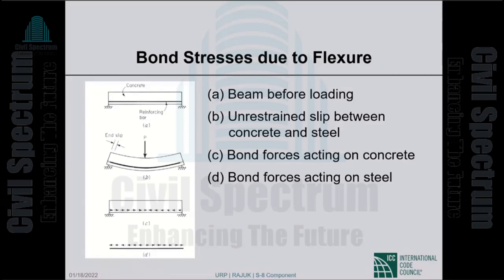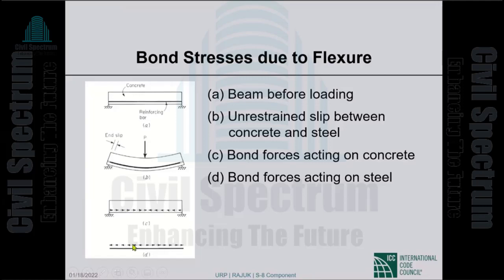The reason why in a typical reinforced concrete beam the concrete and the reinforcement deform together is the bond stresses between the concrete and the steel. Bond stresses acting on the concrete are shown in the picture. They are trying to bring the beam in towards the central load, and that's what the arrows indicate. This direction of the bond stresses is important. Equal and opposite bond stresses act on the reinforcement.